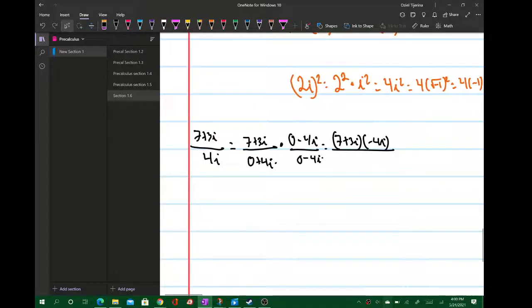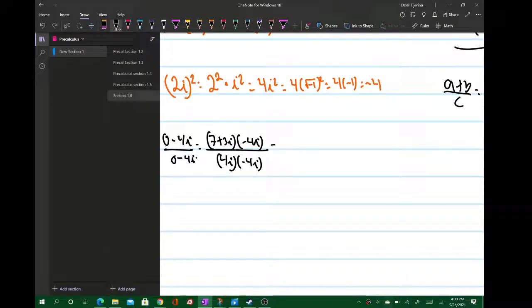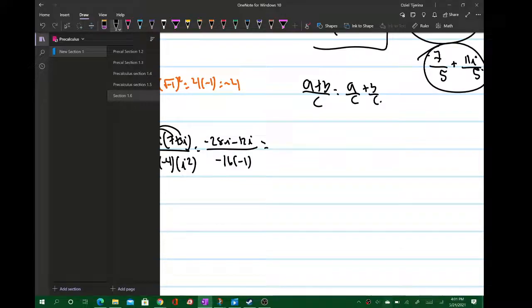over, and I can say 4i times negative 4i, right? So then I can say this is negative 4i times 7 plus 3i over, and I can say this is, so 4i times negative 4i, that's 4 times negative 4 times i squared, which is equal to, and then I can use distributive property. I can say this is negative 28i minus 12i over, and then I can say 4 times negative 4, that's negative 16. i squared is just negative 1, and I can say that this is equal to negative 40i over